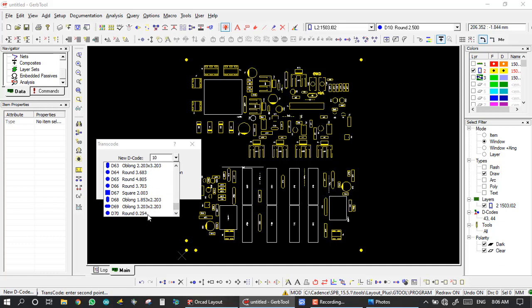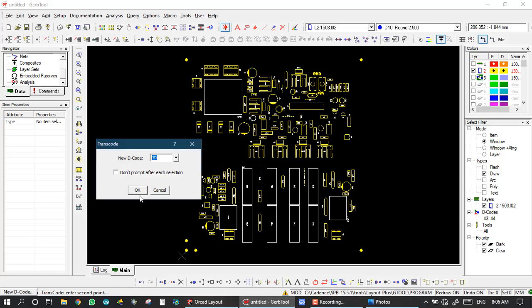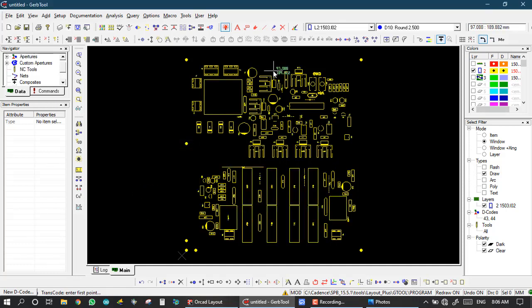Here we have round D70, round 0.254. Select it and okay. So now our D-codes 43 and 44 are changed into D70, and its value is 0.254.